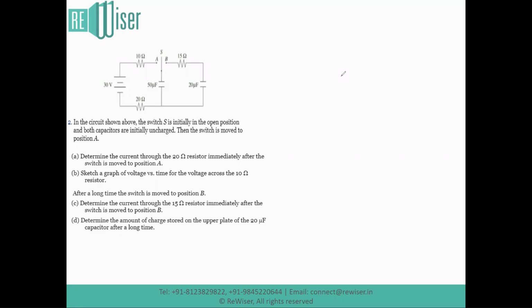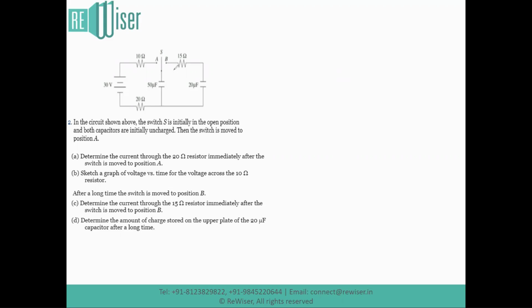Here we have one of my favorite subjects, electrical circuits. So let's begin. In the circuit shown above, the switch S is initially in the open position, which means it is neither connected to the terminal A nor to B. Then the switch is moved to position A. Part A asks us, determine the current through the 20 ohm resistor immediately after the switch is moved to position